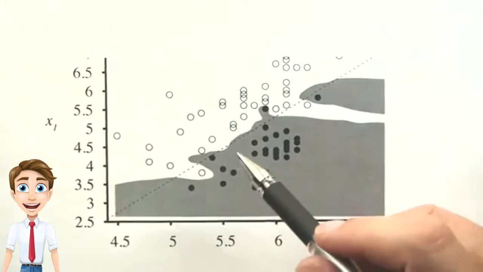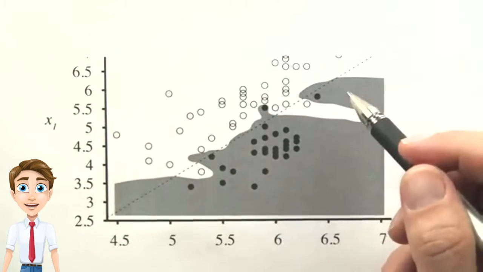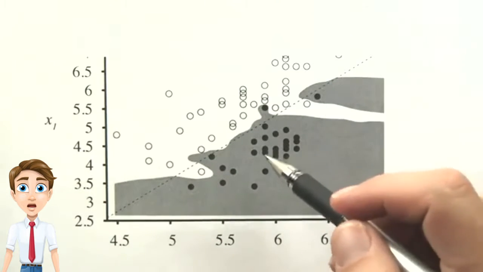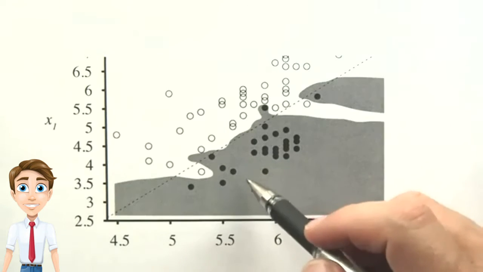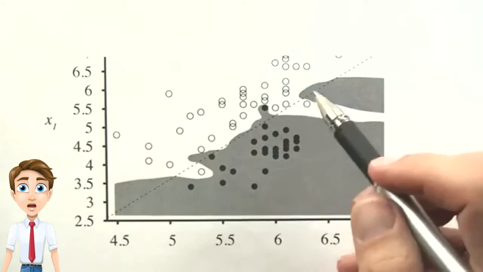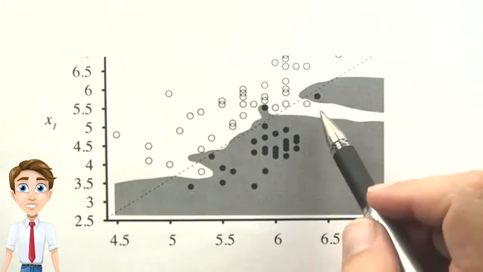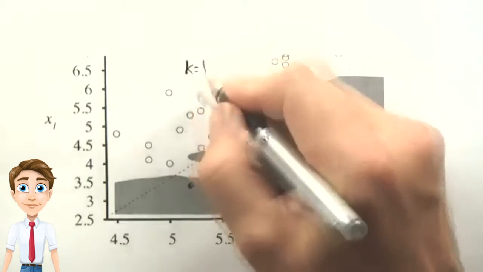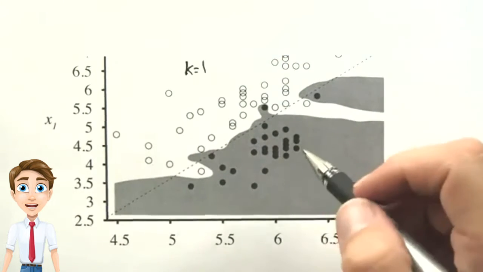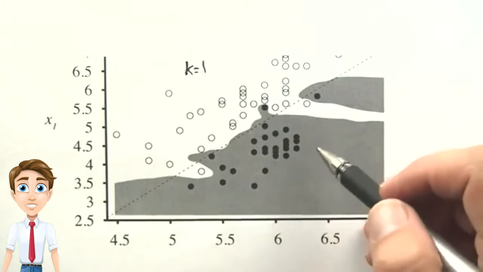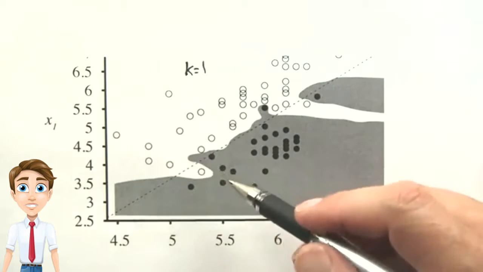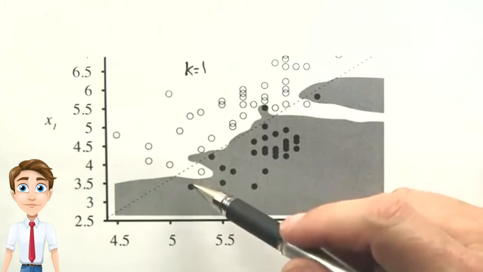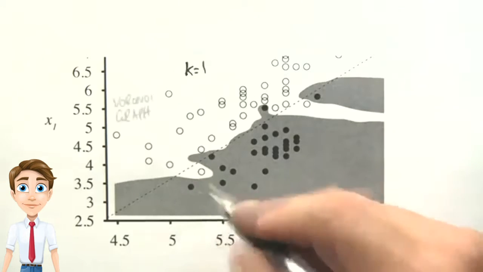So just as in the Laplacian smoothing example before, the value of k is a smoothing parameter. It makes the function less scattered. Here's an example of k equals 1. For a two-class nearest neighbor problem, you can see the separation boundary is what's called the Voronoi diagram between the